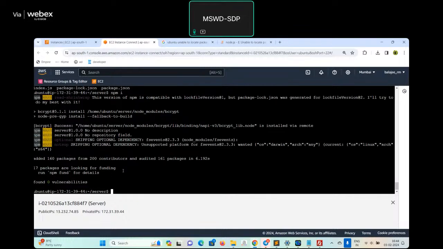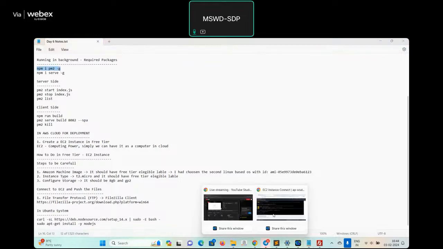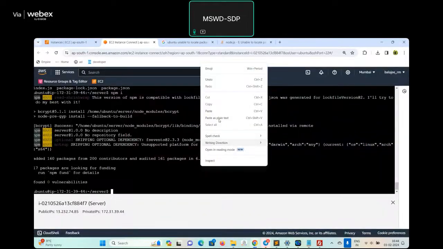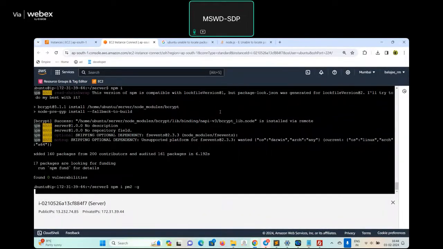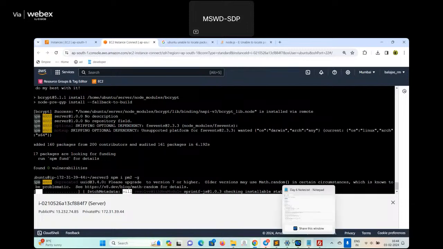Once it is installed, you need to use a command for running in the background. So you have to first install these two, npm i pm2 -g. On the server side, you can install only pm2. That is sufficient. On the client side, you have to install both. So I'm installing pm2 now. Once it has been installed,